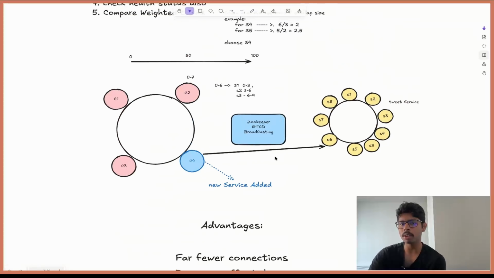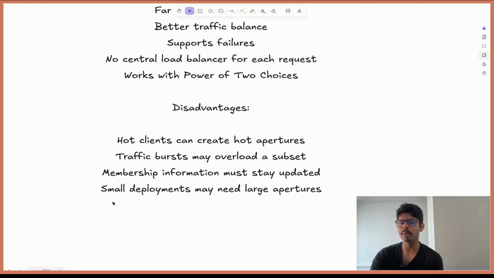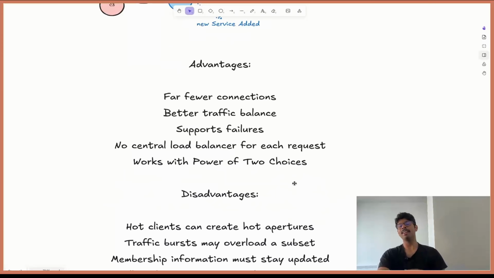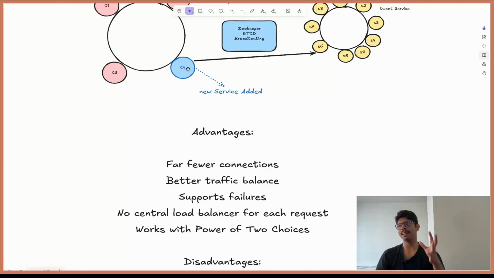Now we talk about this broadcasting approach. Think of it, this approach fails. Say zookeeper was not able to update the servers for some reason. If it doesn't work out, the system will break again. Now, small deployments may need large apertures. Think of it, a new server is coming and we are going to send the load slowly to that particular server. Let's say this client 4 comes up, but let's say